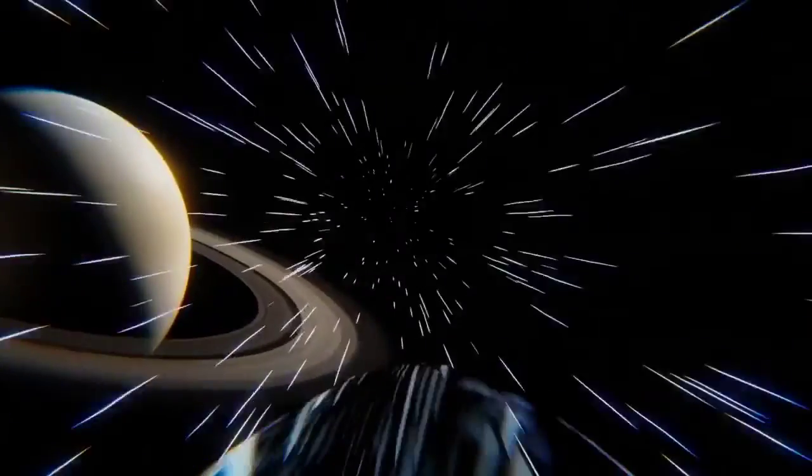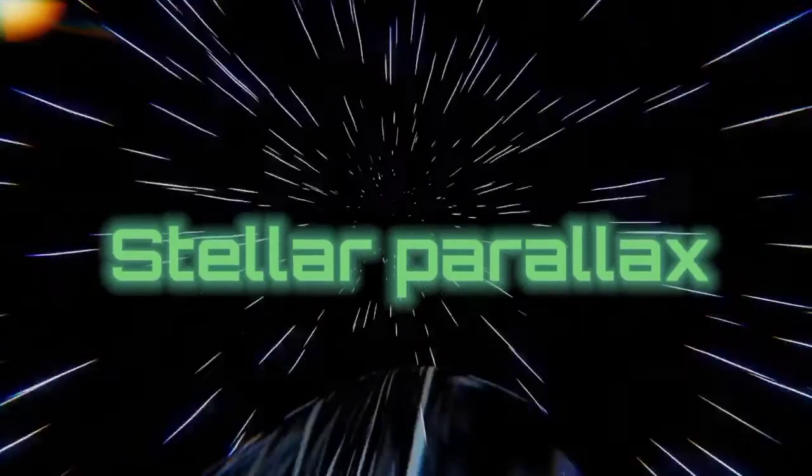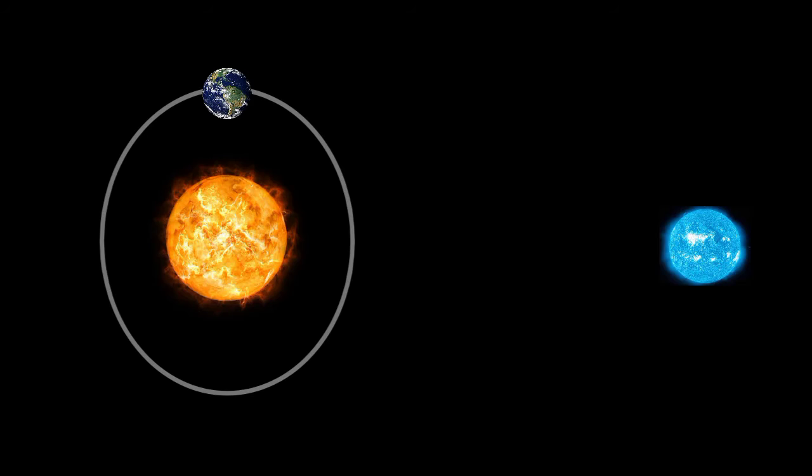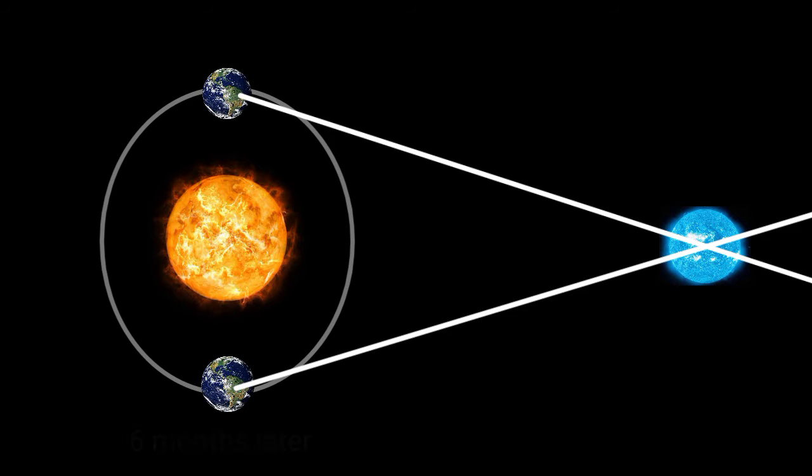Okay friends, without getting late anymore, let's go into the topic. The method used to calculate the distance of stars in free space is the stellar parallax method. In this method, our scientists first observe a star at a particular time and record the first observations. Then they wait for 6 months to record the second observations of the same star from exactly the opposite side of the sun from where the first was taken.